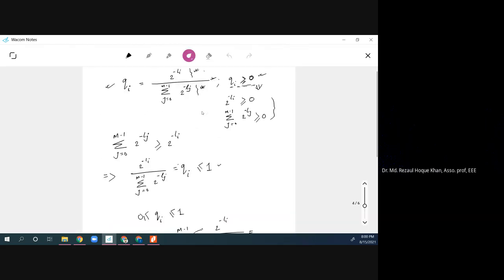Okay. So here we define a quantity Qi. Qi is defined by these two quantities. Here the aim is to make Qi a positive value. Qi will be a positive value if the numerator and the denominator both become positive values. Also, furthermore,